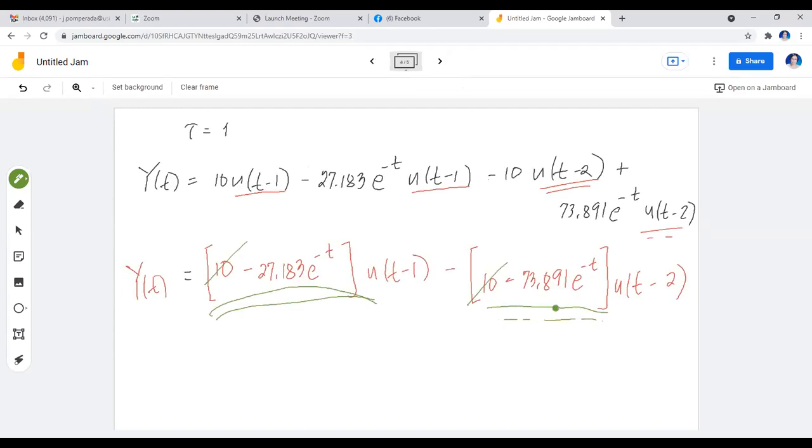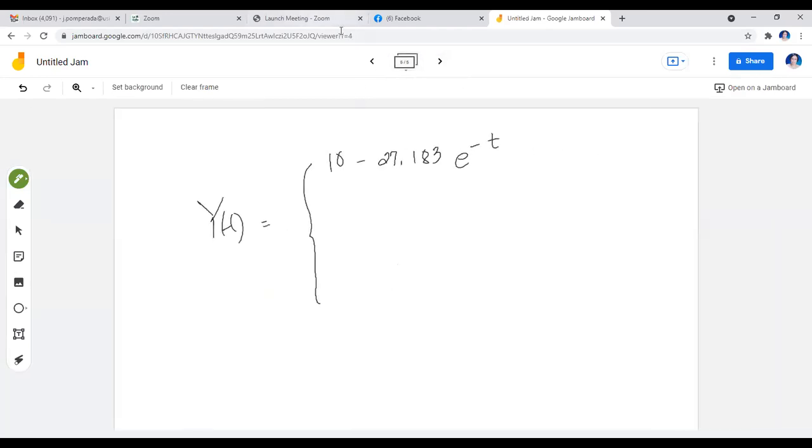I need help here. Can you give me the difference between 73.891 and 27.183? Anyone? 46.783. Thank you. 46.783. So I'll write here